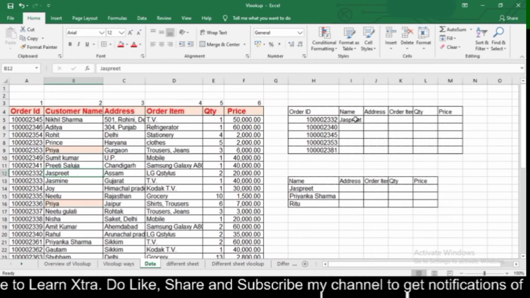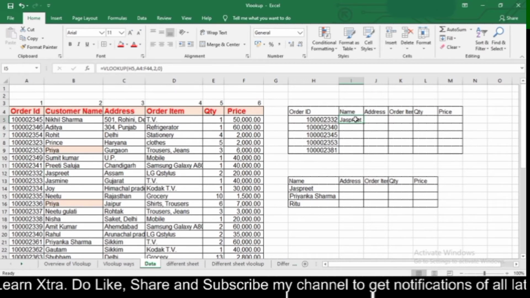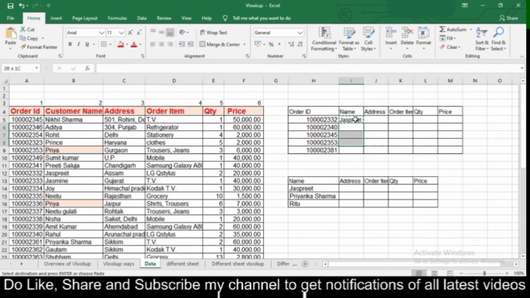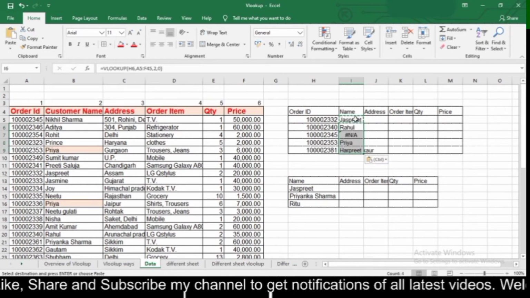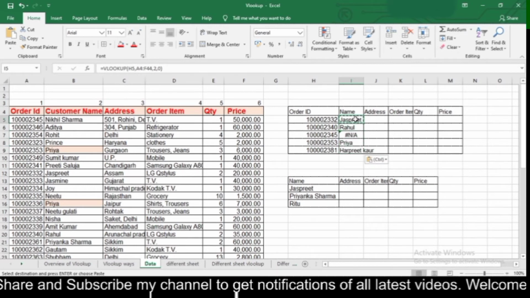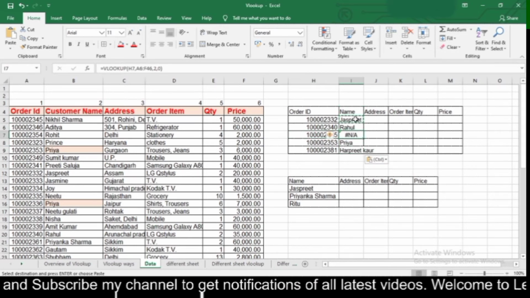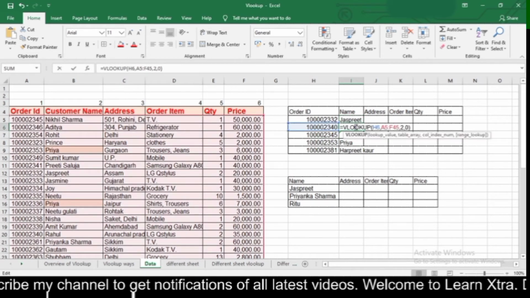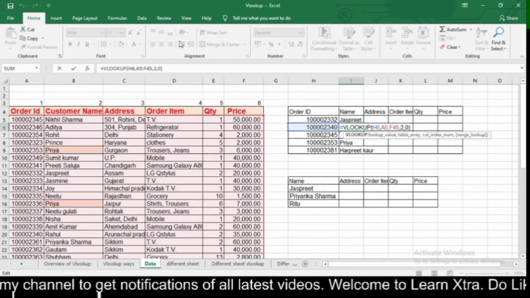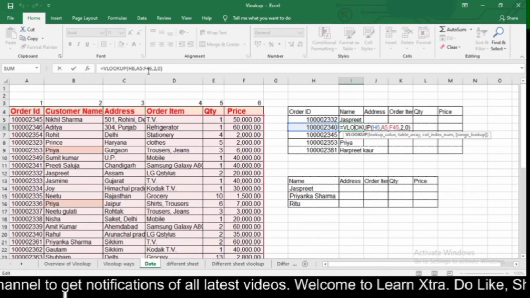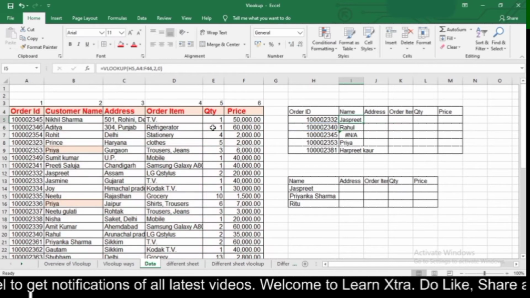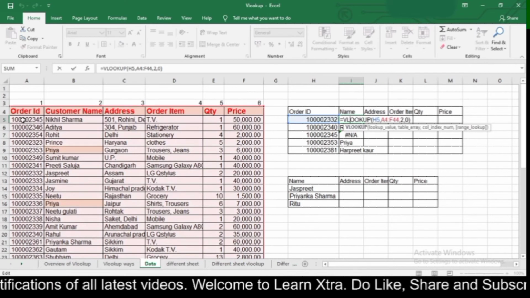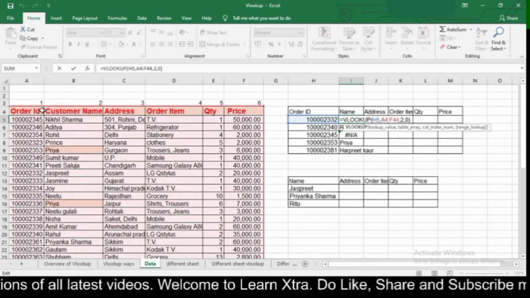So now let's copy and paste our formula in different cells, that is in the I column. So here I got some of my answers, and in one answer I got NA. I got this NA because in the case of Rahul, my table array starts from A5 to F45, but I want to start my table array from A4 to F44 because my data is starting from order ID, that is from A4 to F44.